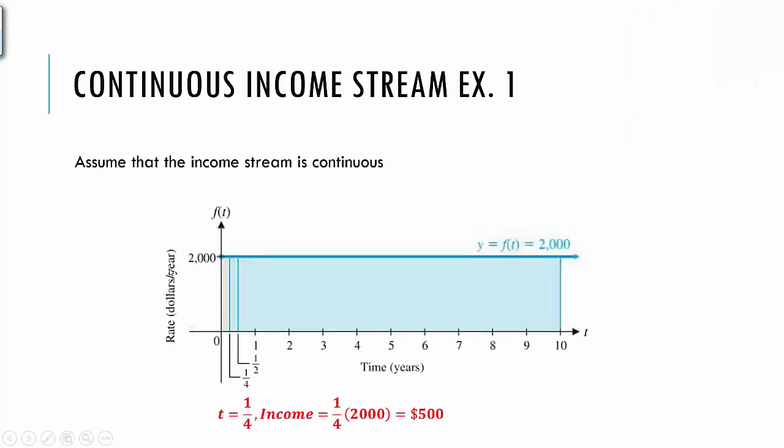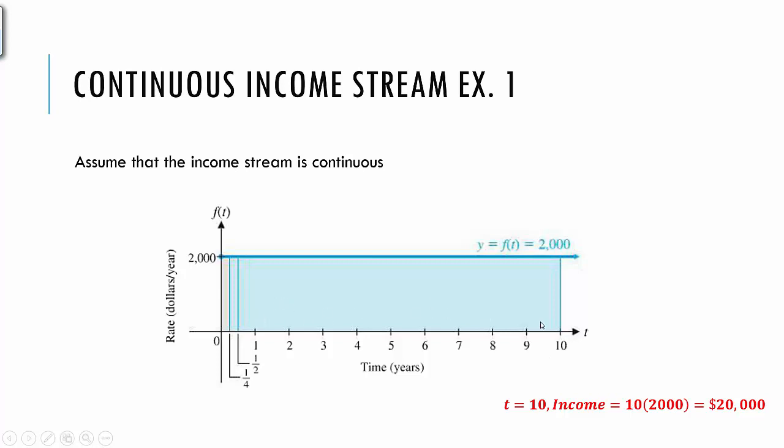So if we assume that the income stream is continuous, that she just keeps putting this in continuously, then I could find the income at any time. If I'm at time a fourth of 10 years, I could get the income. I could find it at a half. I could find it, of course, after 1 year, which would be the $2,000 that she's putting in. And then I could see at the end of 10 years, if this is continuous,